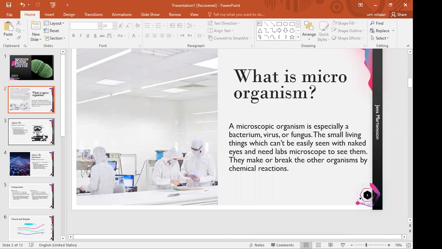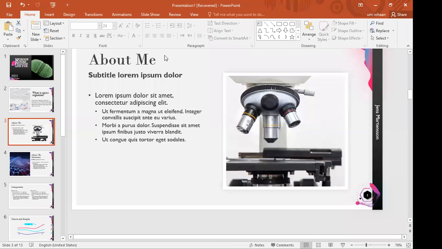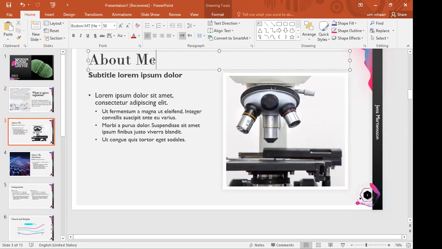Okay, so let us go for about me. About me, so about microorganisms. You can write about microorganisms. Now you will say, what will you write about microorganisms? Already you have defined them. So go to Google and search few important points about microorganisms, and then you copy from there and you paste over here.